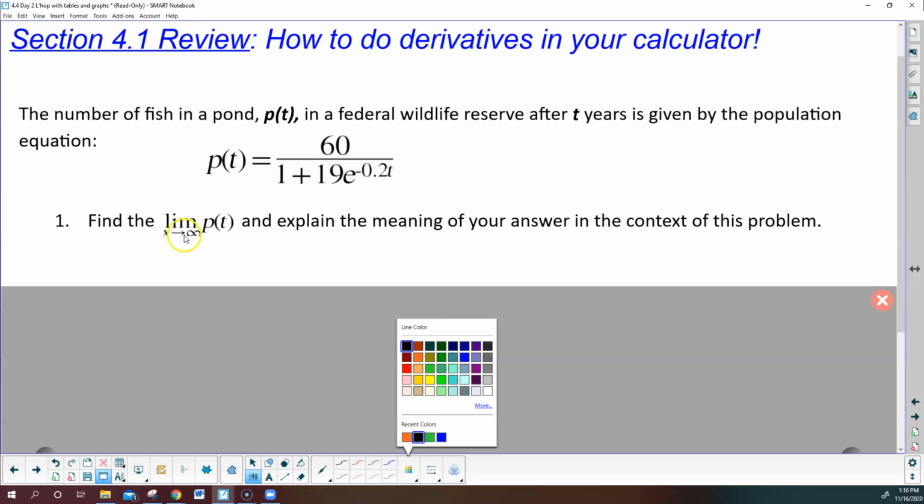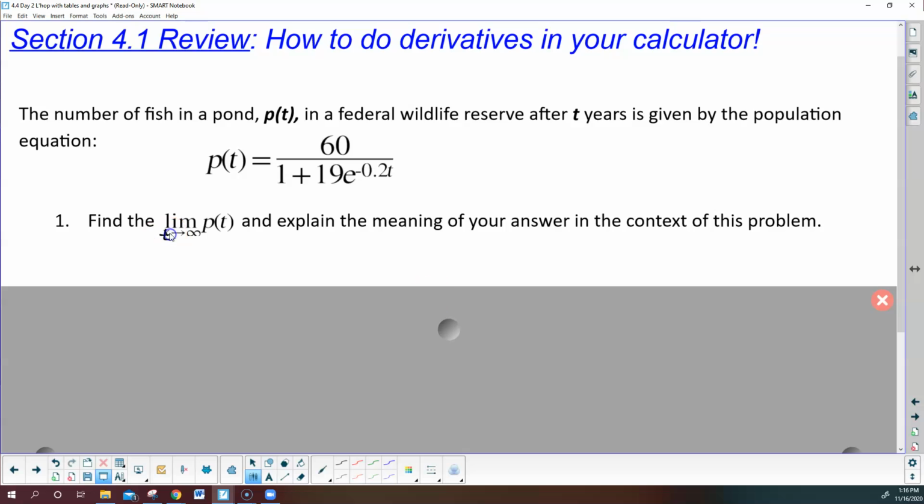What if I want to evaluate the limit as x goes to infinity? And actually, this should be a t here because t is my independent variable. So what happens if I plug infinity in? Now, this is something that we can just plug infinity in. And if I do that, I get 60 over, now, e to the negative